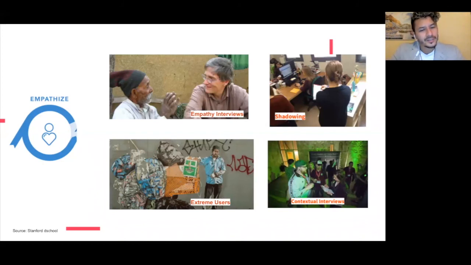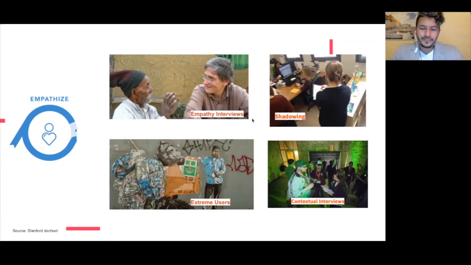Extreme users is something where you have a couple of already identified potential customers, but you go to the extreme versions of those customers. For example, let's say you're building something for students, maybe domestic students. An extreme version could be an international student that just arrived into the country and doesn't have a good level of English. So you are taking your core customer and then going into the extreme versions of that customer.